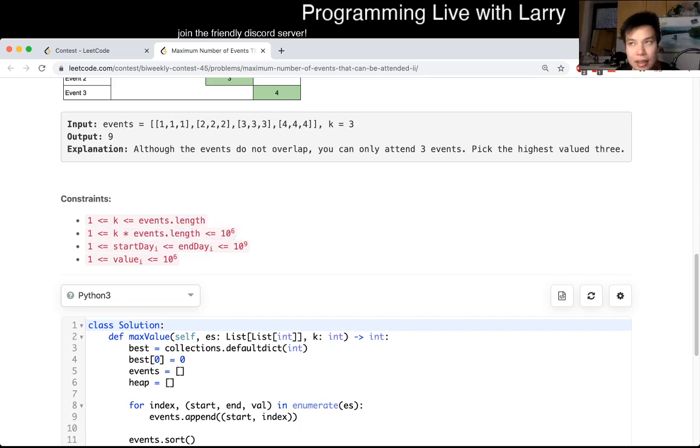I definitely took a little bit of time trying to figure out if I could do dynamic programming, and I think maybe, not quite sure. I think there may be a way to do it with dynamic programming that requires some sort of day compression, because this is up to 10 to the 9. You could probably squeeze that to n, where n is the number of elements in the array. I didn't do any coding for it, but I was trying to figure that out for about